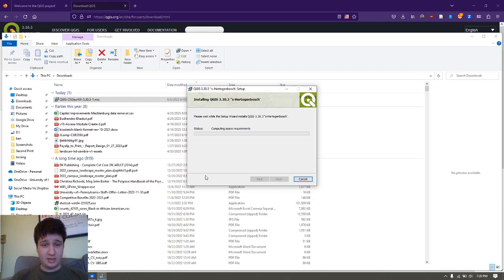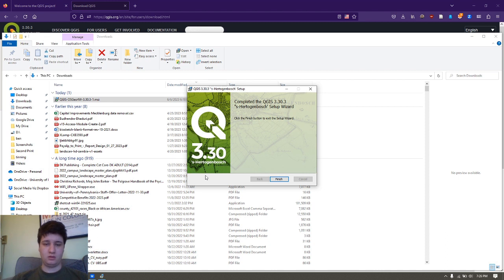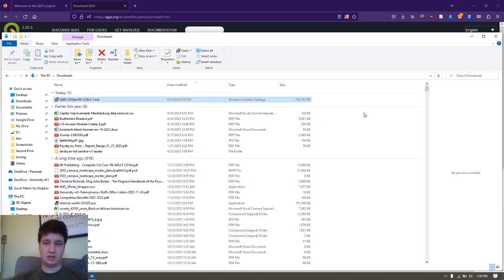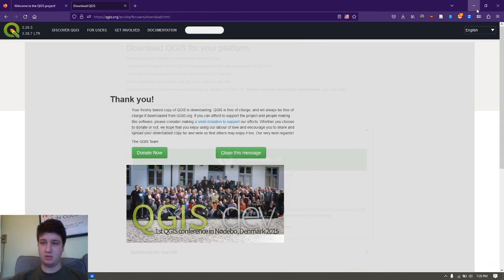And the answer is yes. So now it will begin to actually install QGIS. Alright, once it's finished, you can click the finish button and it should add now an icon to your desktop